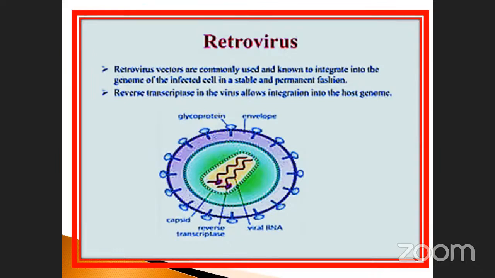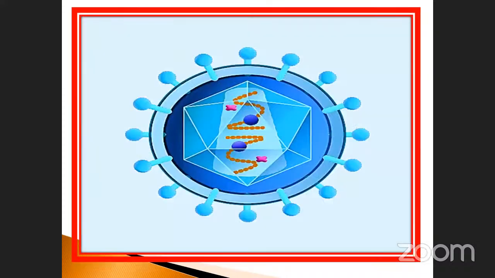And this capsid is also made up of capsomeres. When you are studying the TMV, tobacco mosaic virus, you can see it. Okay, so the reverse transcriptase enzymes present in this is the structure of a retrovirus. See the next one, this is also a retrovirus, isn't it? It's a type of retrovirus. And then see that